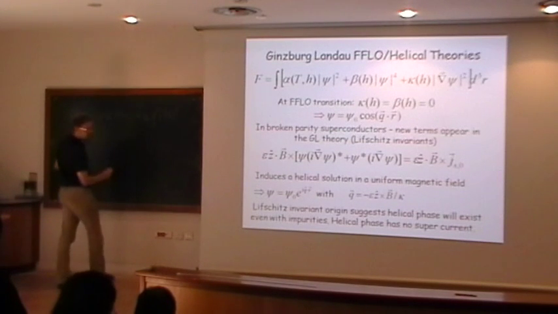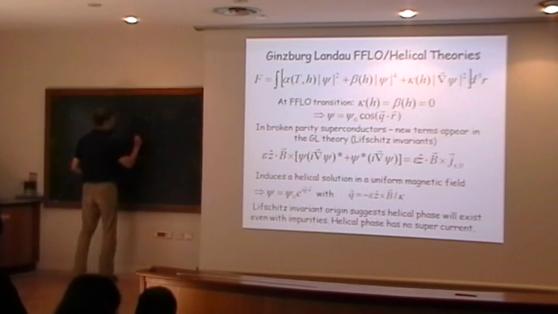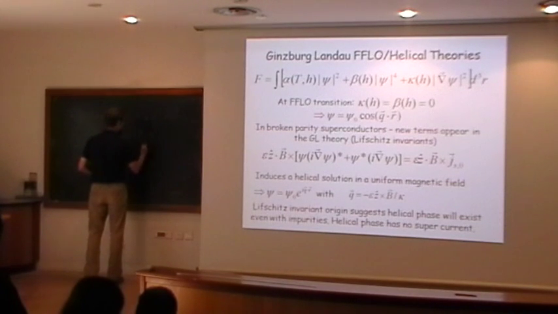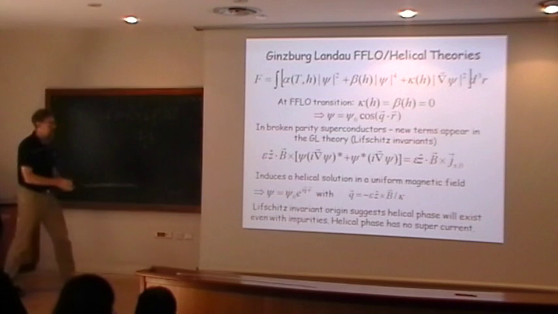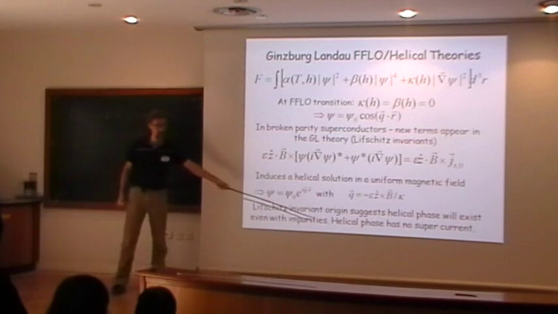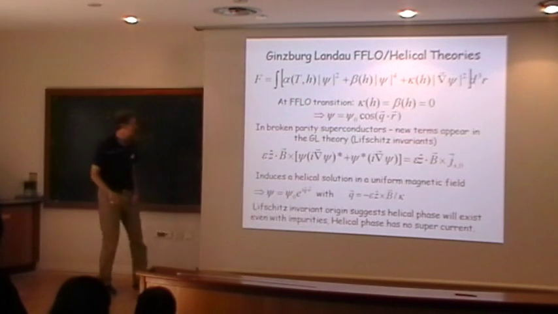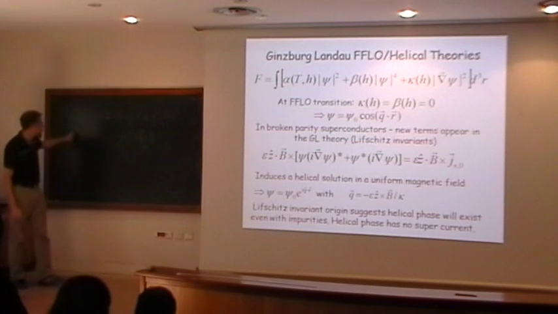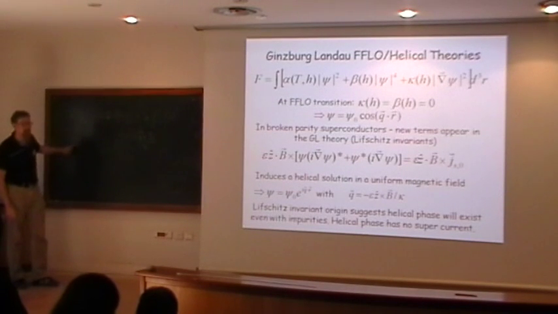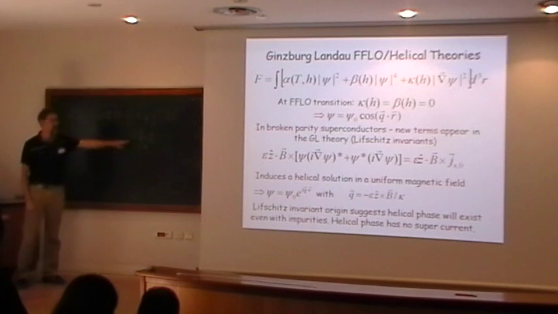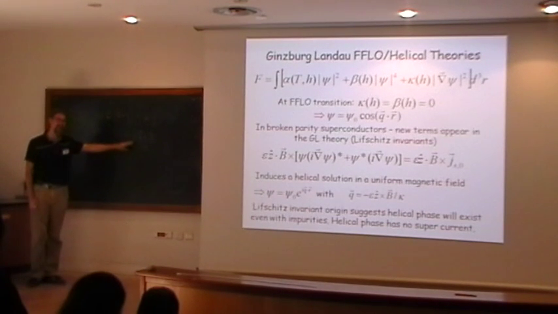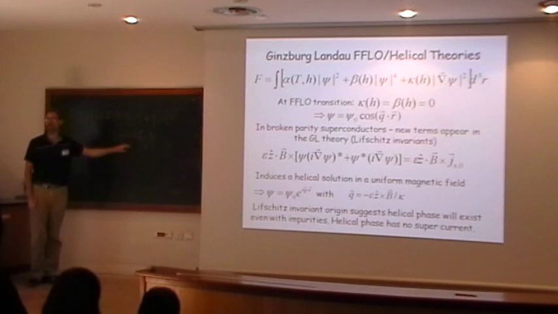This exercise is good too, because it tells you something else that's important. It tells you that even though you have such a phase, this phase carries no current. And simply the reason is the current is formally given by the derivative of the free energy with respect to Q. I've set that to 0 to get equilibrium, and that gives me this Q vector. So only deviations from this Q vector will give you a current in this phase.